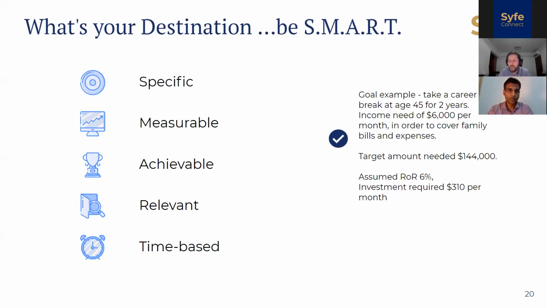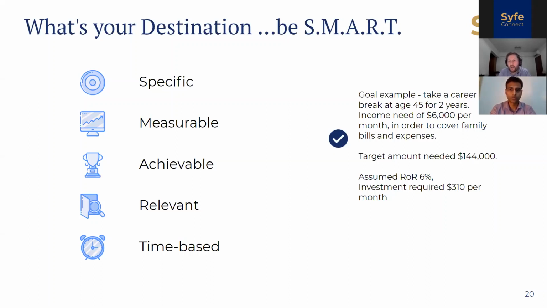So once you have got your goal, you can then start to work backwards and devise a bit of a strategy of how much do I need, and then subsequently, how much then do I need to invest to achieve that goal? So if you look at that particular goal, the target amount of money needed to fulfill that goal would be